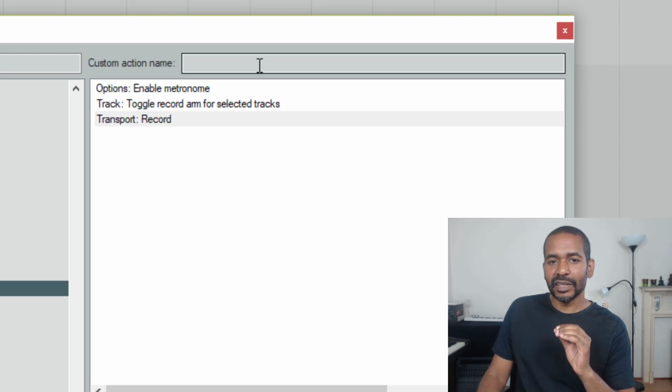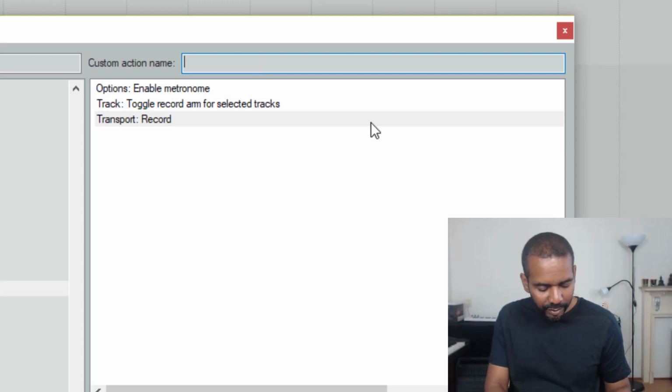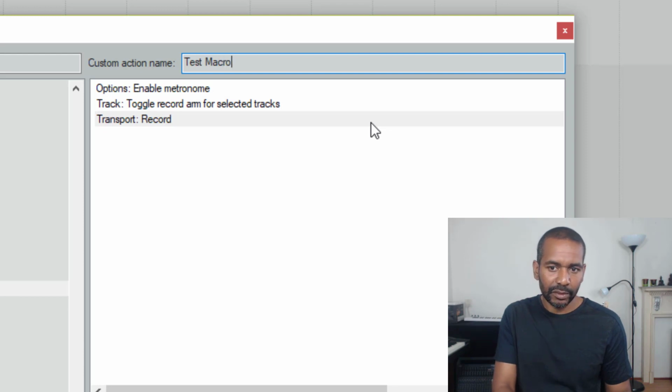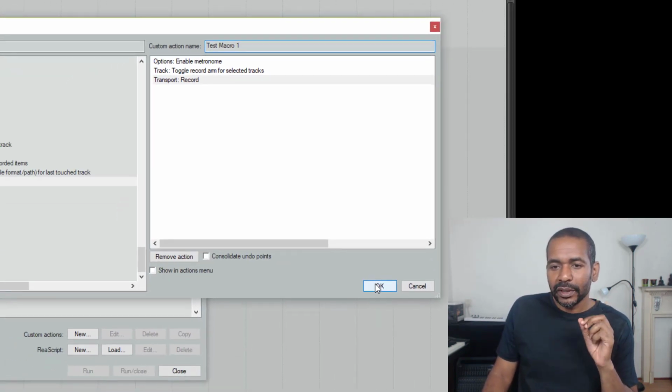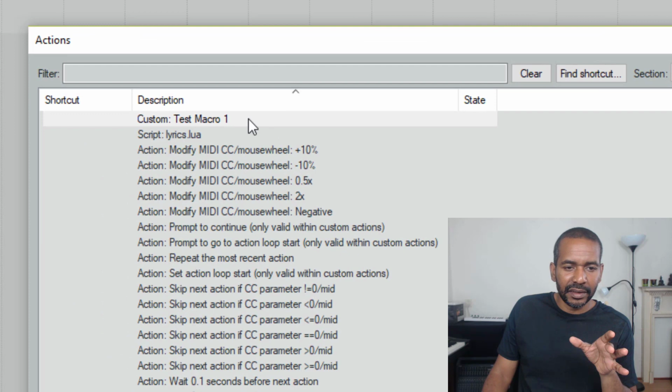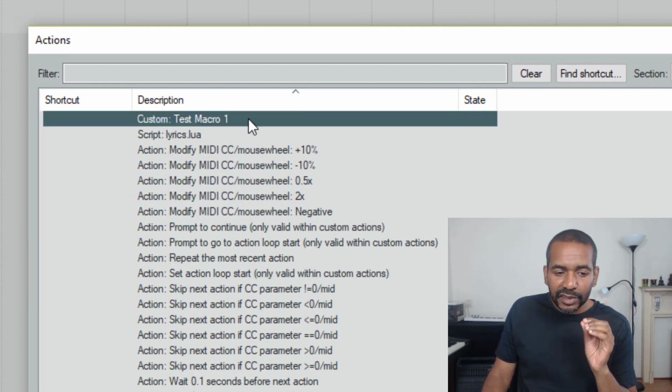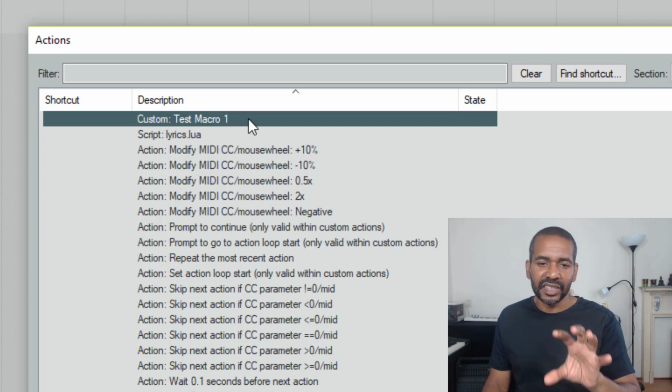Next thing is naming the custom action. You do that up here, and I'm going to call it test macro 1. Why not? Okay, when we click OK, we will be taken to the actions list again, and the custom action is right here. Next thing to do, which I would very strongly recommend, is to assign a